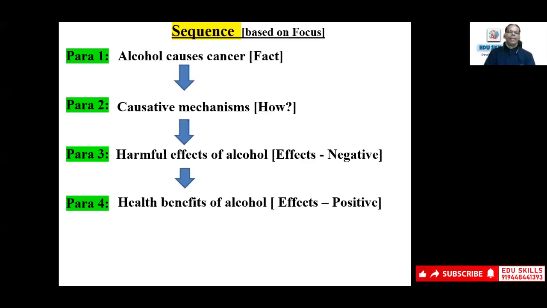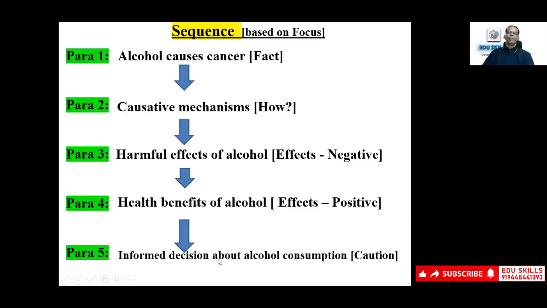As you speak about alcohol and its bad side effects or problems associated with the negative effects of alcohol, the drunkards will definitely argue there are a lot of health benefits of alcohol. Definitely, you can take moderate alcohol, moderate drinking, social drinking, all those arguments will be there. So paragraph 4 speaks about that. And when you have general ideas like this, and when you know the sequence, easily you will be able to understand the theme of the text or the particular paragraph, then you will be able to point at the answer which you require. Paragraph 5 speaks about informed decision about alcohol consumption. Means a caution is given there.